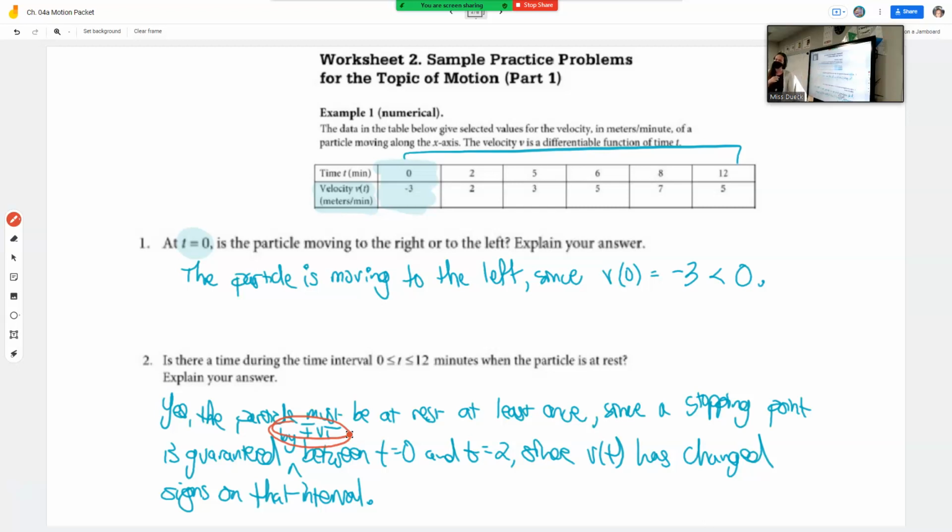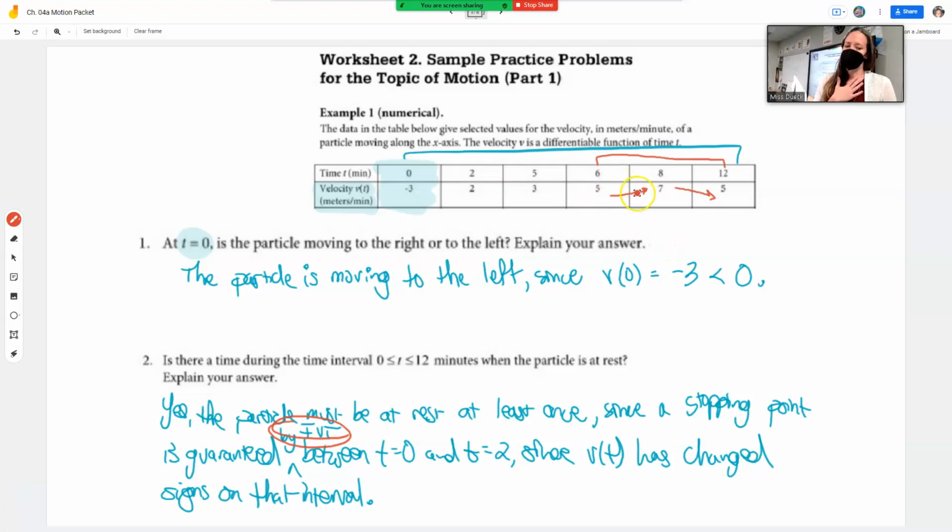So I could have actually said that, but they just asked, is there a time? And I said, yes, there's at least one. Technically, there's at least 2 if I was to be super specific, because there's also 1 here. Is that a resting point? That's not a resting point, right? Between 6 and 12? No, there would have to be a resting point somewhere here. Because think MVT, remember? What's happening on average, my function is increasing. What's happening on average, my function is decreasing.